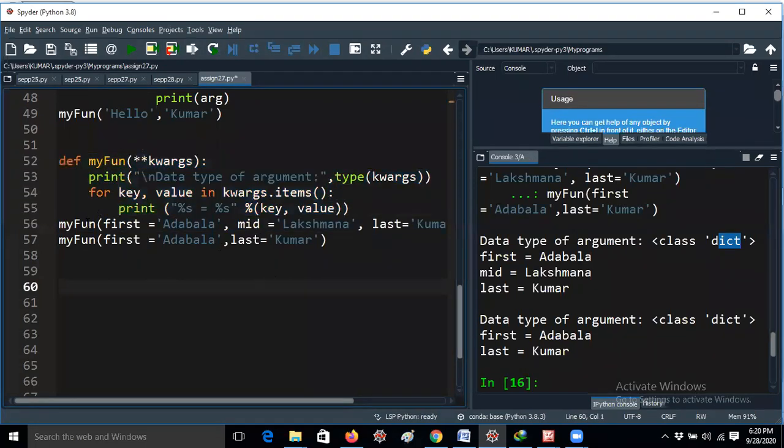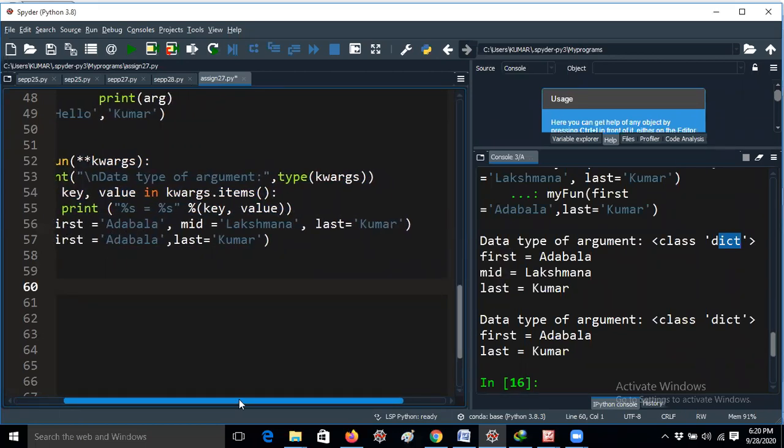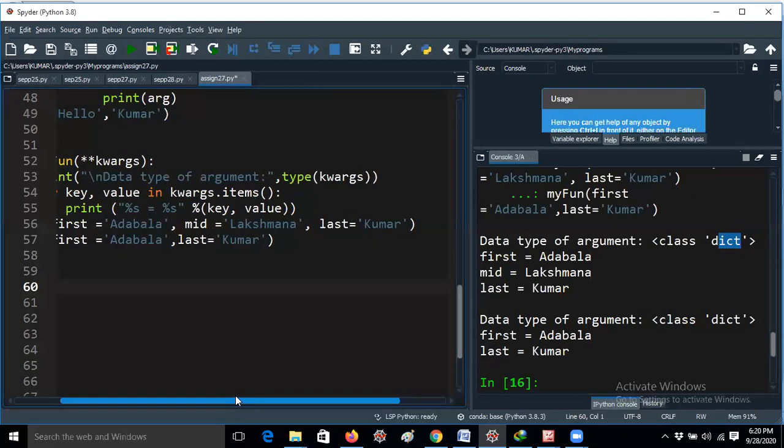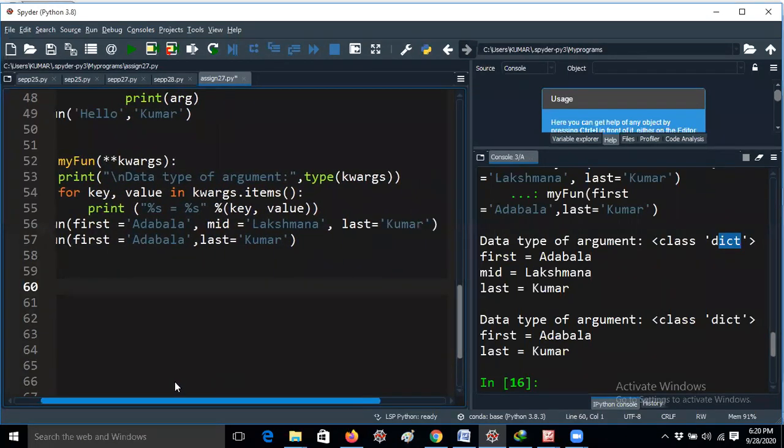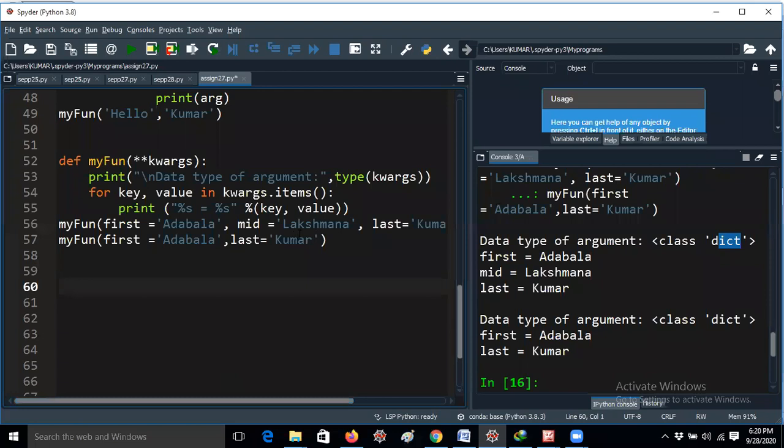It will start from my fun first equal to Adabala, mid equal to Lakshmana, and last equal to Kumar. That means the middle name is Lakshmana and the last name is Kumar, and I am calling the function with 3 parameters. But I am also calling the same function with 2 parameters, Adabala and Kumar only. I am removing the mid line. So here I am giving 3 arguments, and here 2 arguments. These are also variable in length.